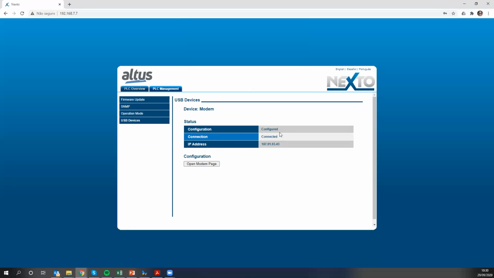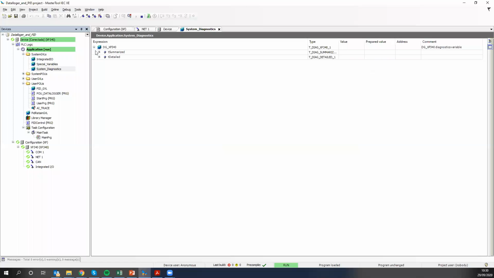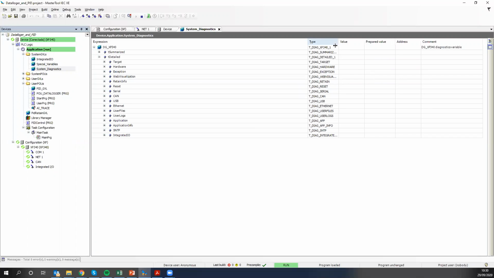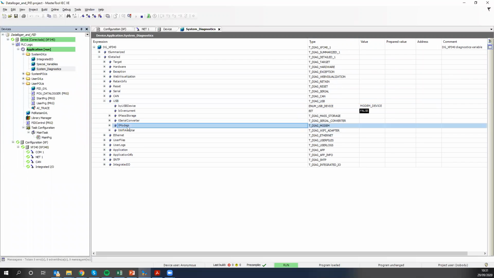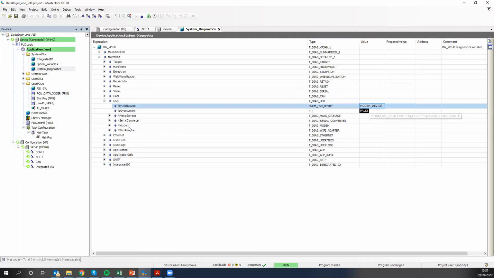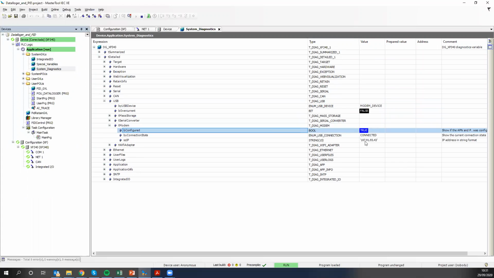So here it's configured, and this is the IP address from my modem here. So I can connect the same way using the master tool. Let me pass here, the master tool, just to check the information about the system diagnostics here. T detail, USB, modem device connected and found here. And here is the IP of my modem,